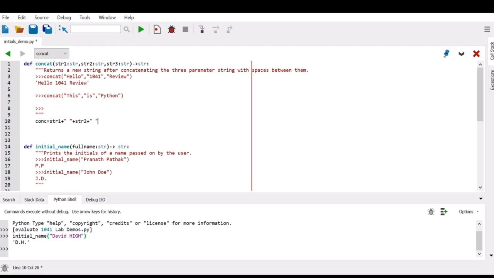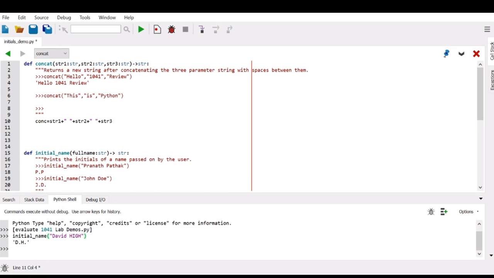Plus again a space and str3. So basically we have added these 3 strings together, and now we can simply return this new conc string that we created.